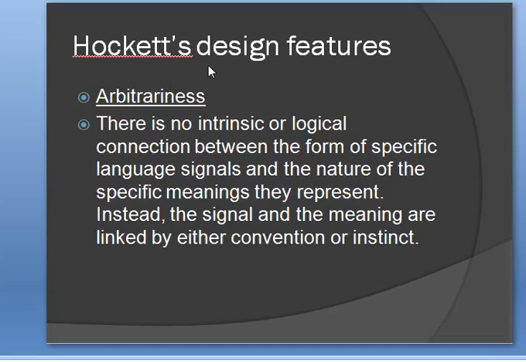Right? As in the previous design feature, we talked about salt. So the word salt, S-A-L-T, salt. This word salt does not have any logical connection with that white type of crystalline matter, which is salt basically. The word salt does not have any logical connection with that white thing which is called salt, right? This is something which is a convention, we can say, right?